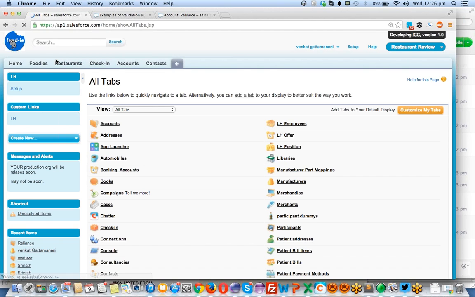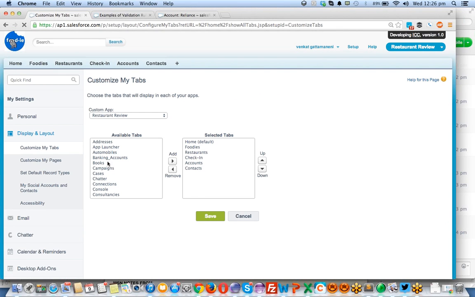Suppose you already have logins to my organization, and you want some custom tab added, because your administrator added only home, foodies, restaurant, check-in, accounts, and contacts. If you think the charter tab is required in this application, click on the plus sign, click on customize tabs, do it yourself now, click on charter, add this, okay, and put it to the top.